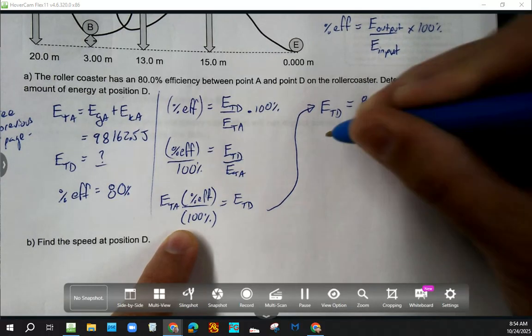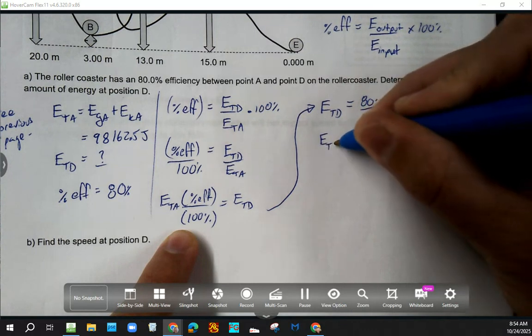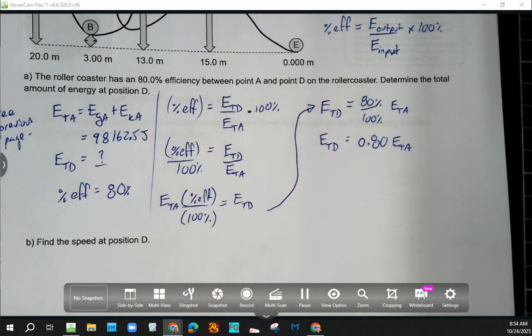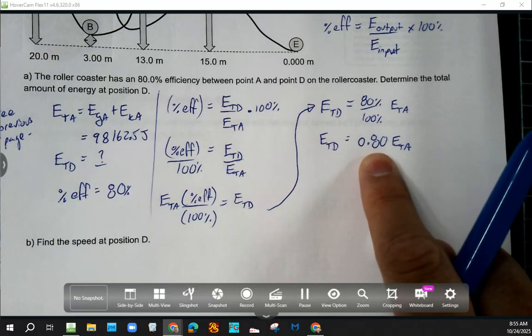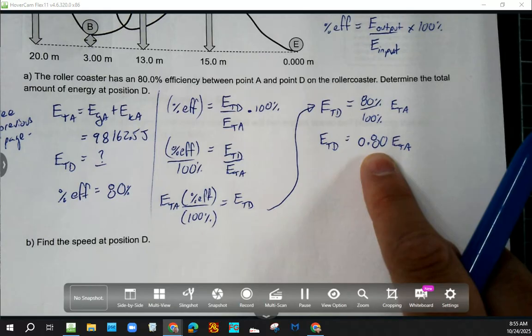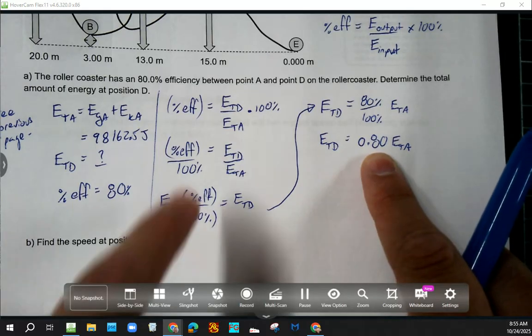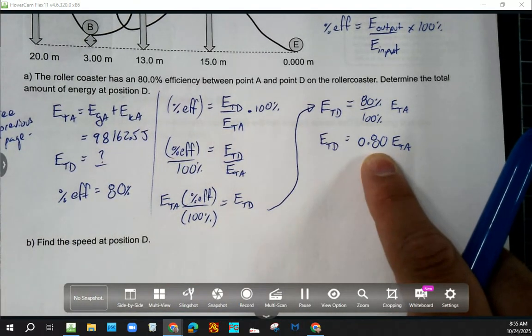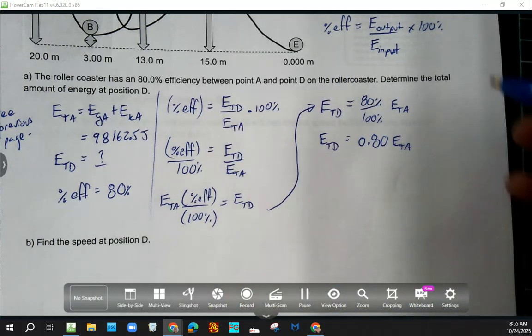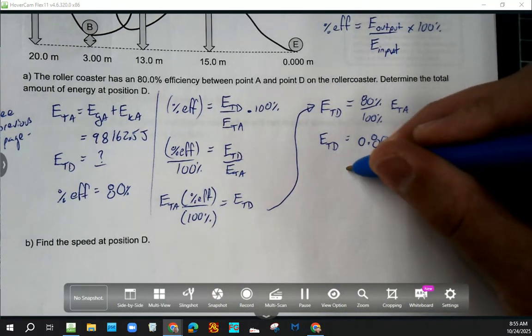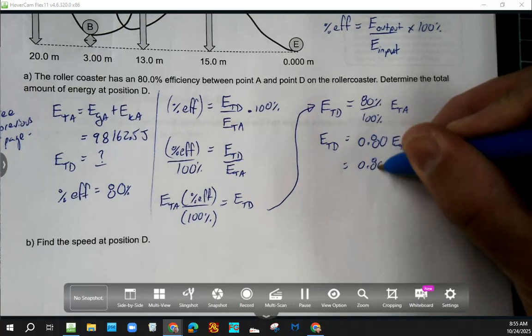In other words, if I know that there's an 80% efficiency between point A and point D, honestly, in my head, I jump straight to this stage: 0.8 times the original. Does that make sense? To me, that's 4 lines of empty dealings, because it's just 0.8 times the original. That's what 80% efficiency means. But the formula really guides the logic, right? Anyway, 0.80 times the original,